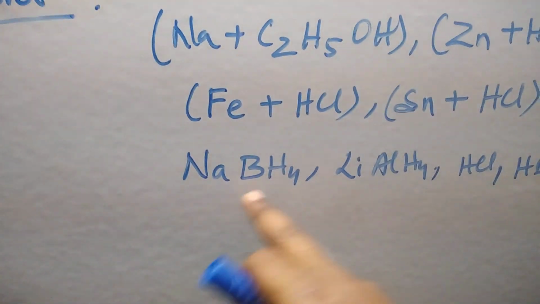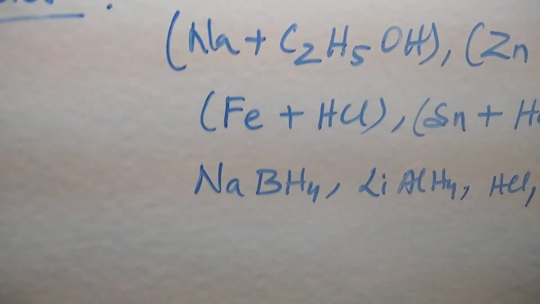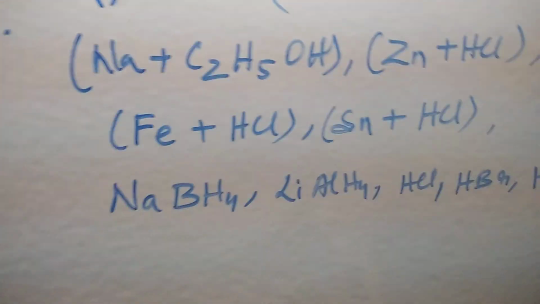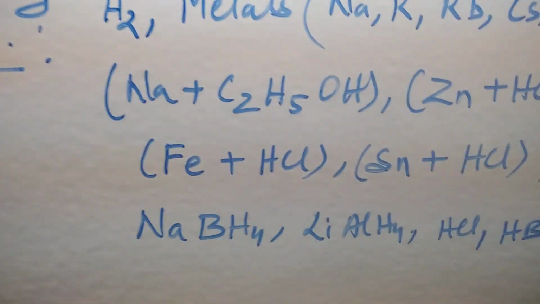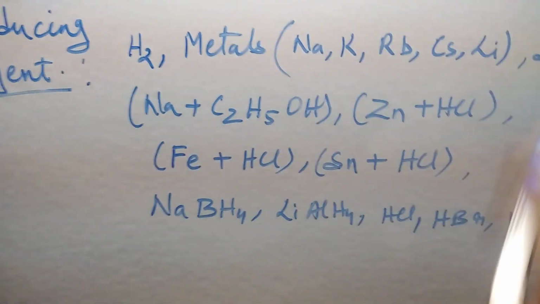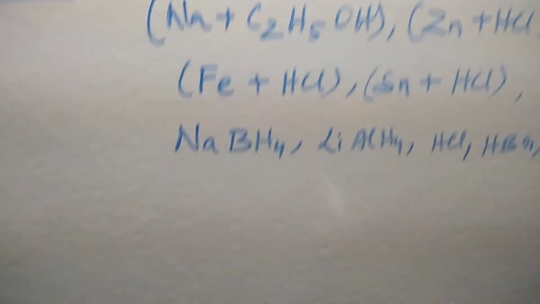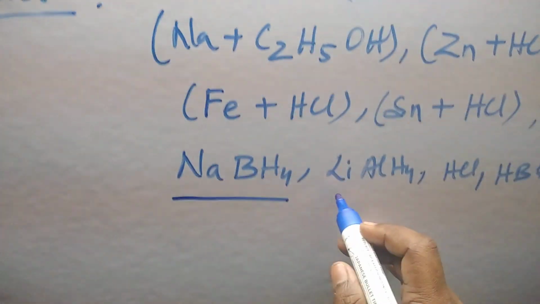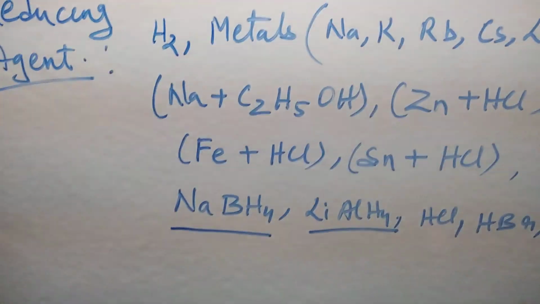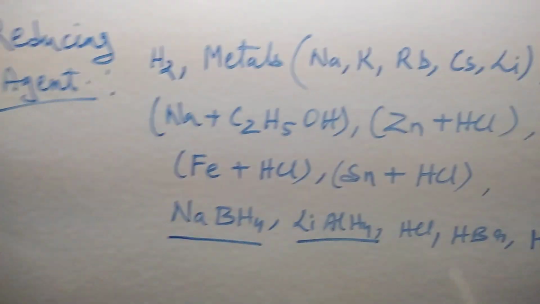Now NaBH4, sodium borohydride, lithium aluminum hydride LiAlH4, then HCl, HBr, HI. See students, from all these compounds, sodium borohydride and lithium aluminum hydride, these two are the strong reducing agents. Okay students,